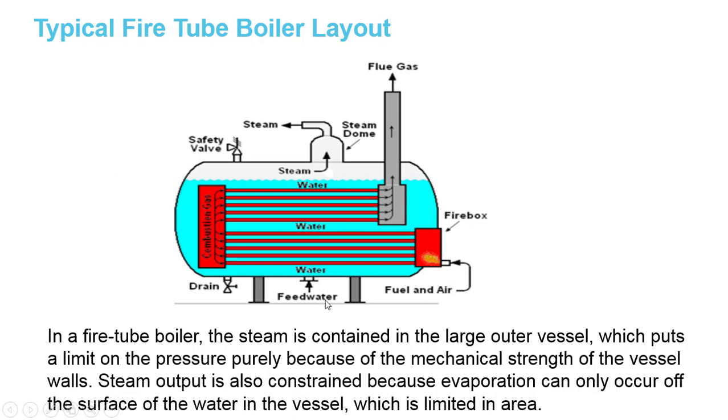Similarly, there will be feed water. Feed water goes in here in blue color. All the feed water surrounds the tubes. The tubes are surrounded by the water, and the water is converted into steam. Steam goes to the master valve. There is a safety valve also there. From there it goes outside. The function of the safety valve: there will be a working pressure. In case pressure exceeds, the safety valve will automatically open. This is a safety device.